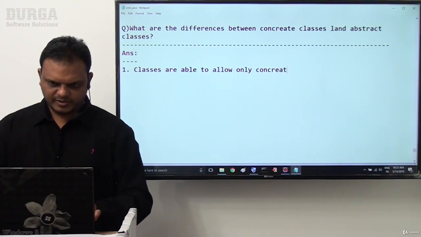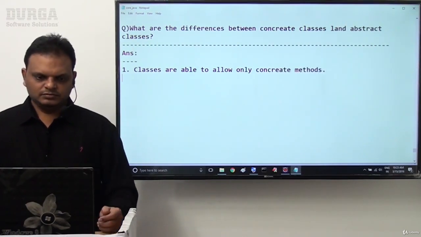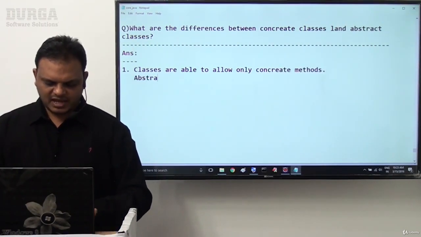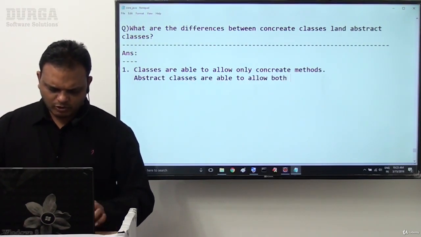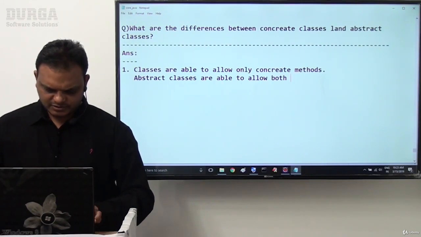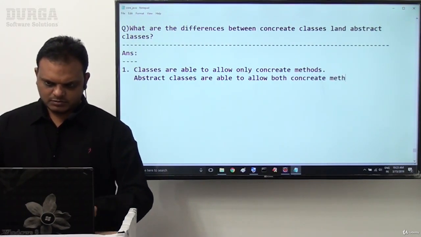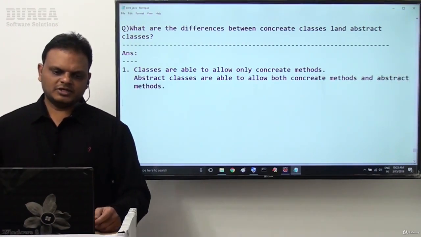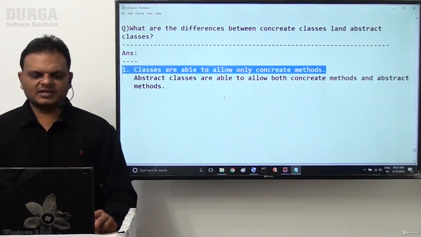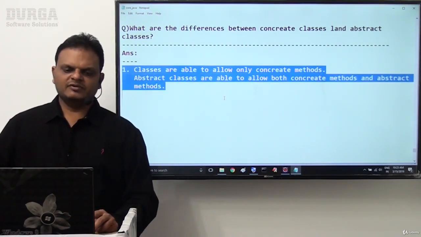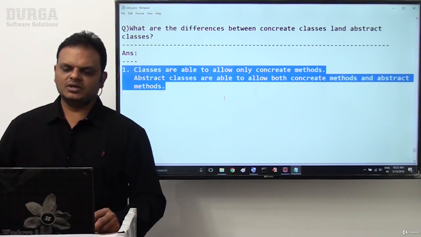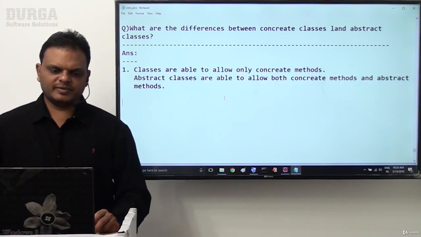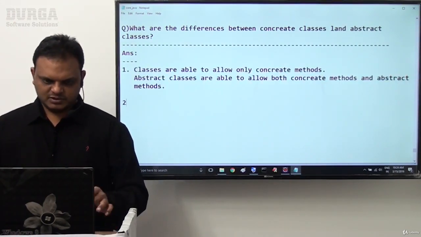Classes are able to allow only concrete methods, whereas abstract classes are able to allow both concrete methods and abstract methods. This is point number one.